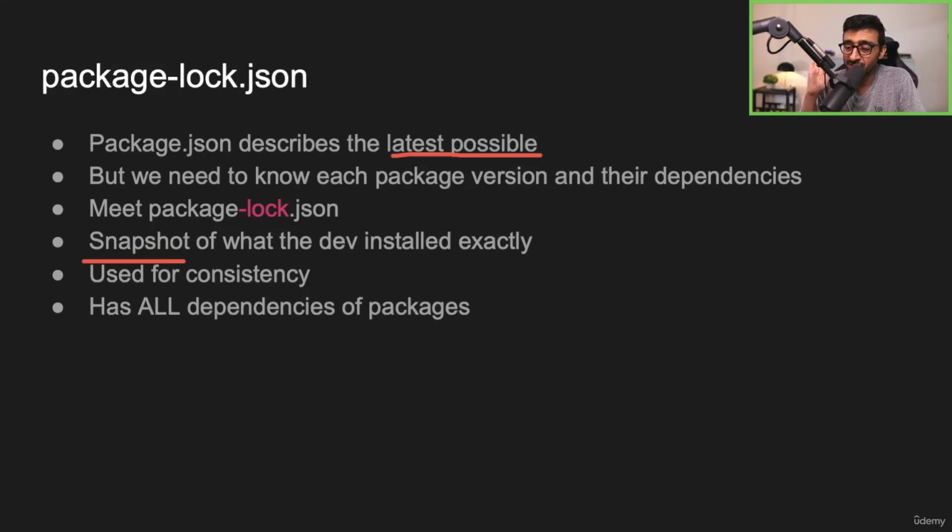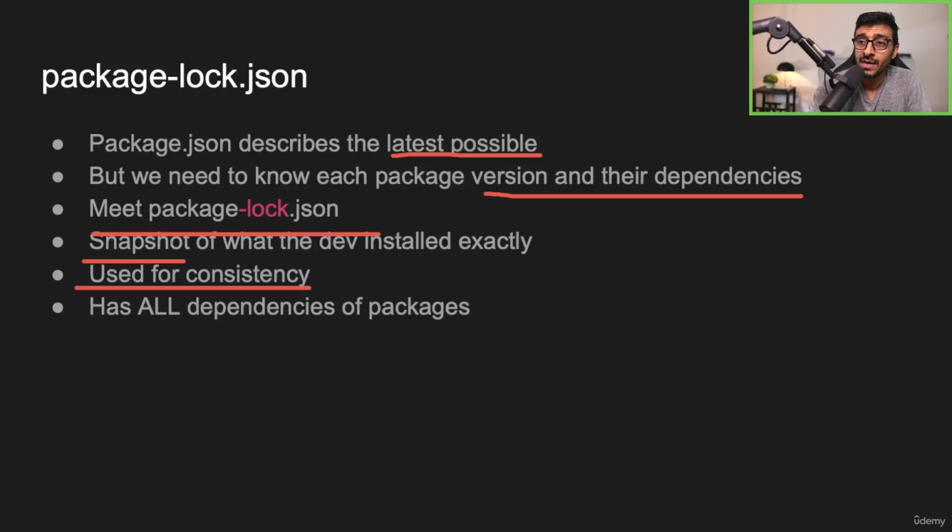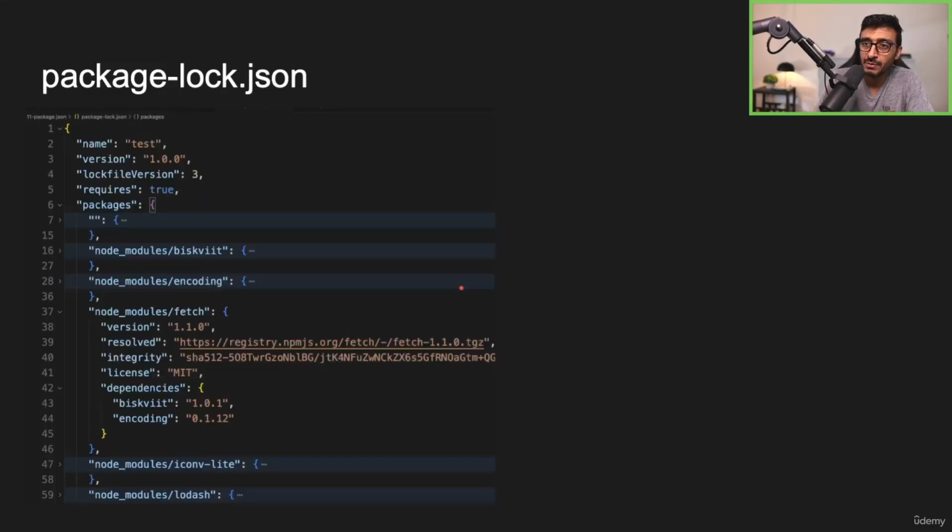And it says, hey, at this point of time, someone has installed. If you see package-lock, that means someone has actually installed something, right? And we're going to come to what has been installed in a minute. But yeah, we need package version dependencies, and that's where package-lock.json comes in. Terrible name, but it is what it is. Fixed, let's call it. And it's used for consistency because it has all the packages that have been installed at that moment of time.